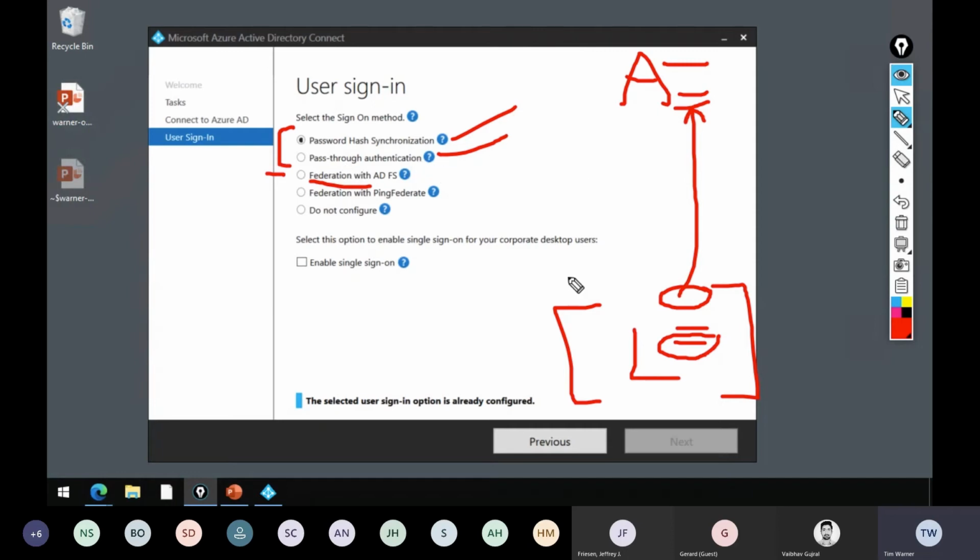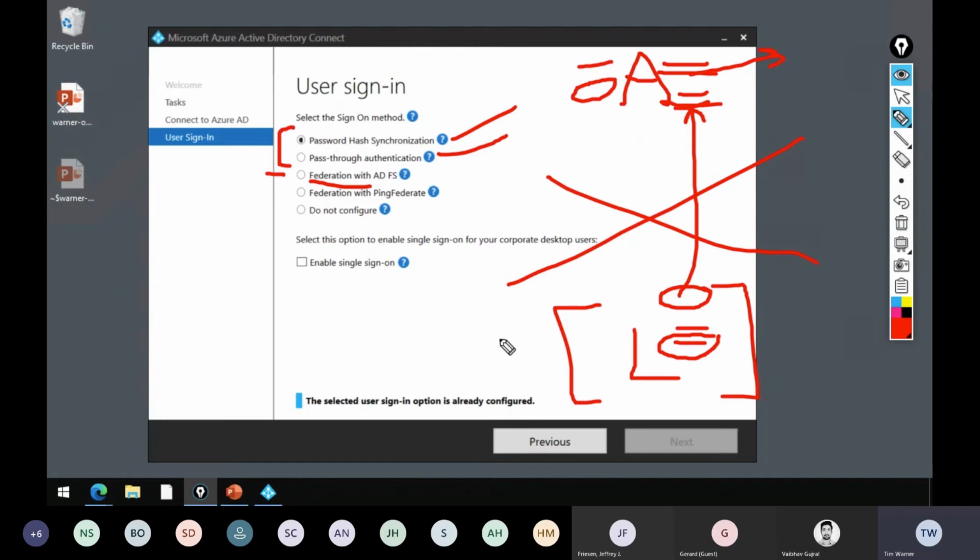Pass-through authentication is similar to password hash. The user goes up into the cloud, but no password is stored in the cloud for the user. Aha. That can be a big problem, I hope you see, because if something happens with that communications channel, if you're using PHS, password hash synchronization, the user can still continue to SSO into cloud apps because their sign-in name and their password hash are present. If you're doing pass-through authentication, they're hosed because there's no password stored in the cloud. Again, that's to satisfy businesses and customers whose security prevents any password hashes of local users being stored in the cloud.